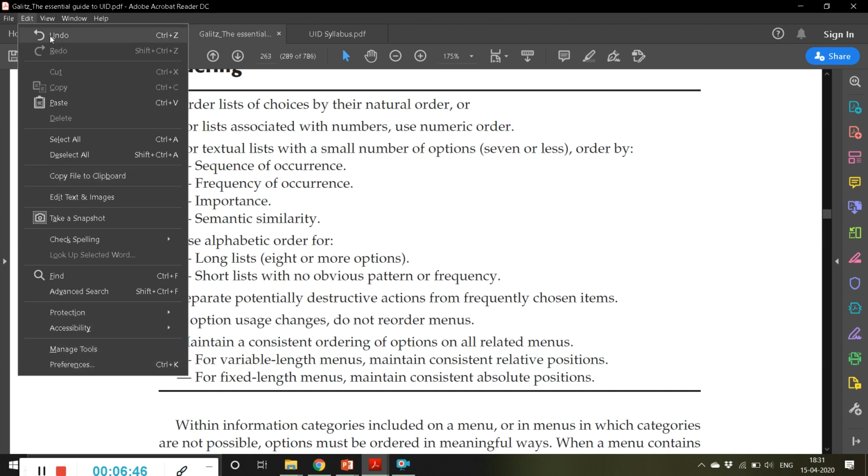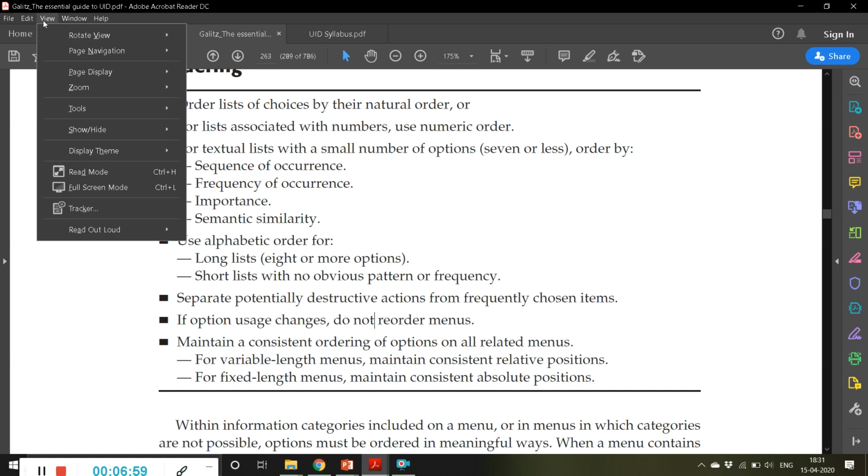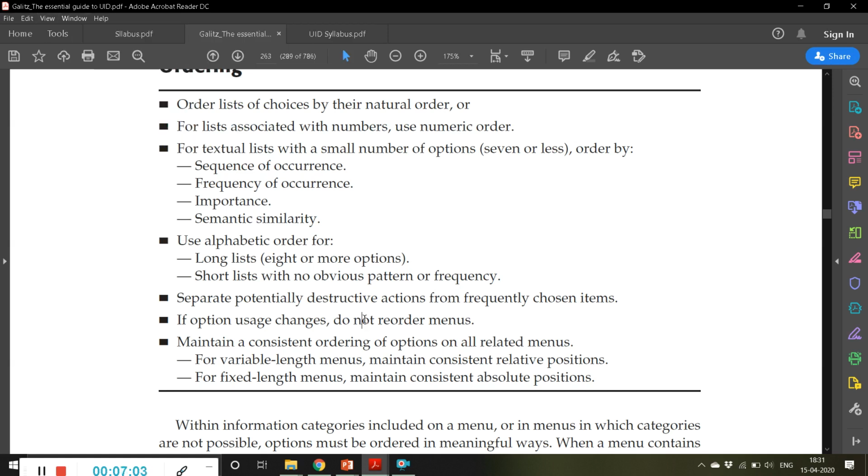Maybe undo is there, meaning most of the users use undo more times than other options. That is the meaning. Then importance, so maybe undo is the most, or here rotate view is the most frequently used.